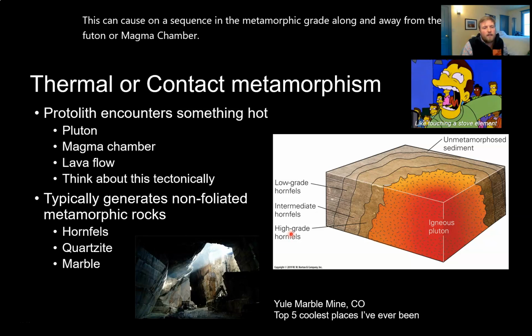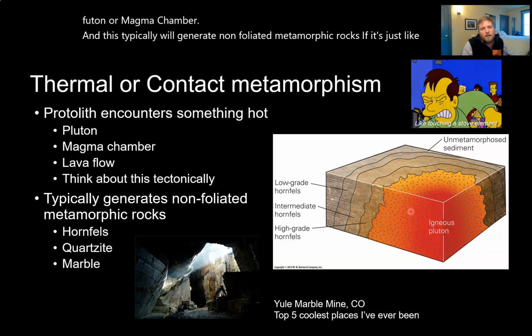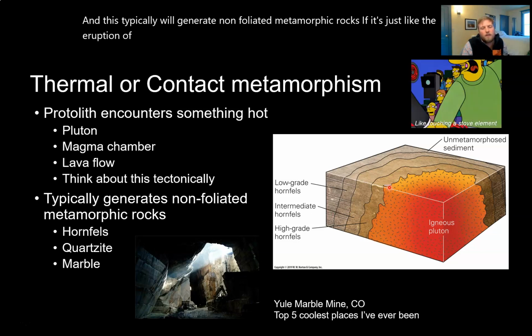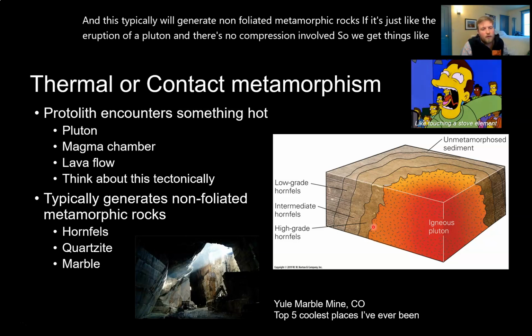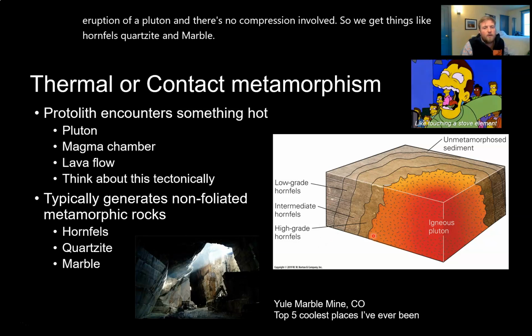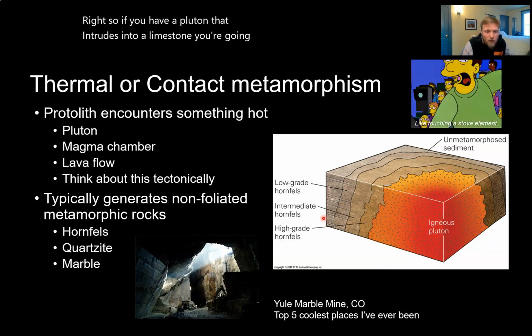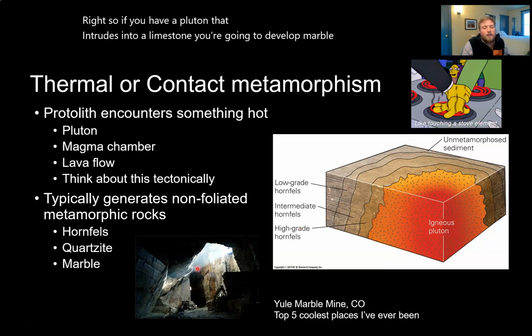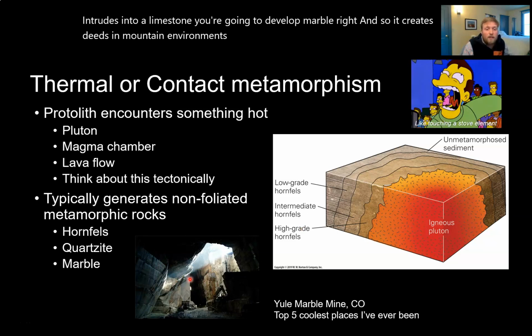And this typically will generate non-foliated metamorphic rocks if it's just like the eruption of a pluton and there's no compression involved. So we would get things like hornfels, quartzite, and marble. Right? So if you have a pluton that intrudes into a limestone, you're going to develop marble, right? And so it creates these in mountain environments like here in Vermont, as well as in Western Colorado in this